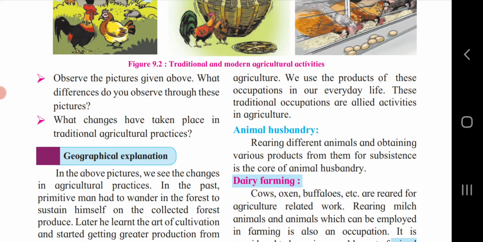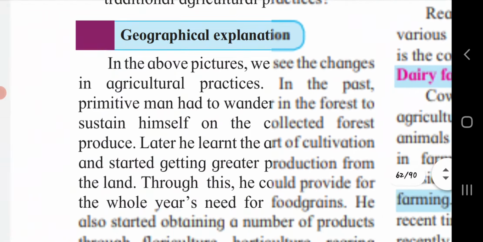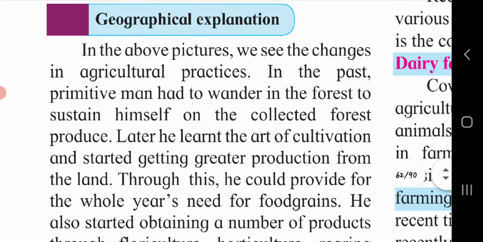Also, traditional agriculture used to be dependent on natural factors like rain. With the development of various irrigation techniques and water storage, water can now be made available to crops throughout the year through canals and other different water system management. So let's see the explanation, what we had discussed, whether it is correct or not.